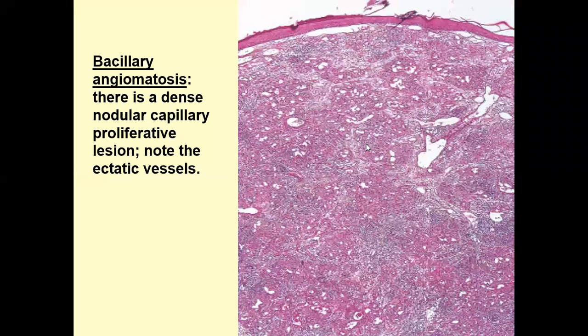And since it is angiomatosis, there will be dense nodular capillary proliferation. This kind of appearance is seen in pyogenic granuloma. There are different nests of capillary proliferation. And along with the capillaries, there will be ectatic blood vessels, the larger blood vessels. In pyogenic granuloma, which I will be telling you very soon in the lecture on connective tissue diseases, there will be nests of capillaries. It is in the form of lobules or nests of capillaries. Here you can see the larger blood vessels as well.